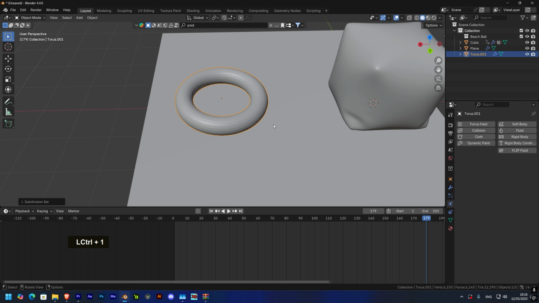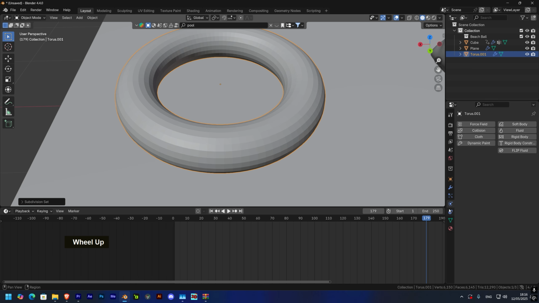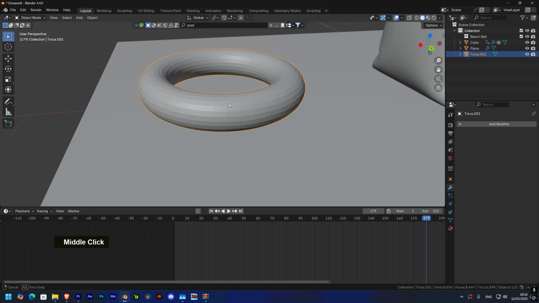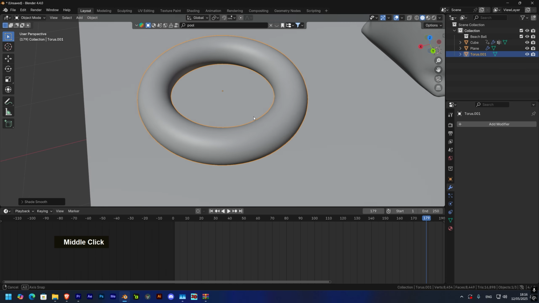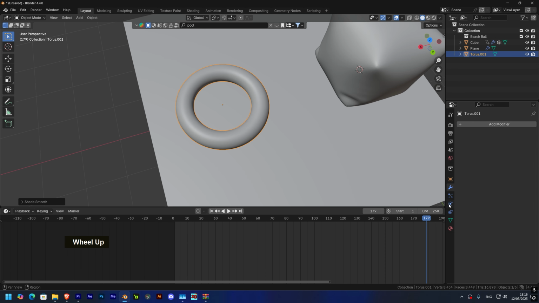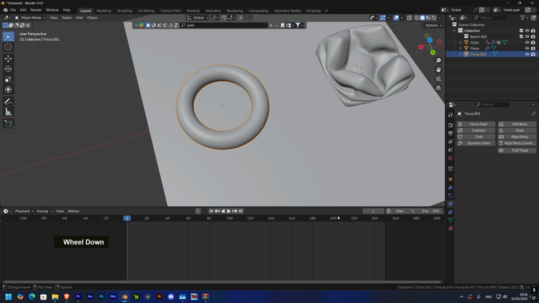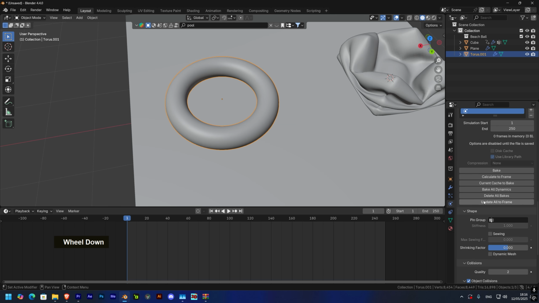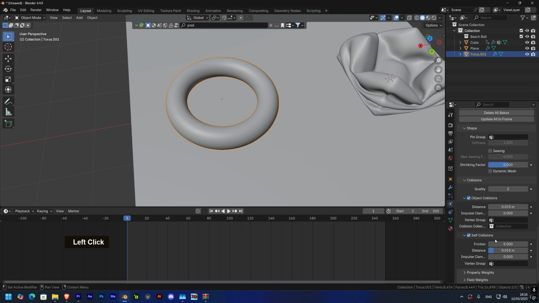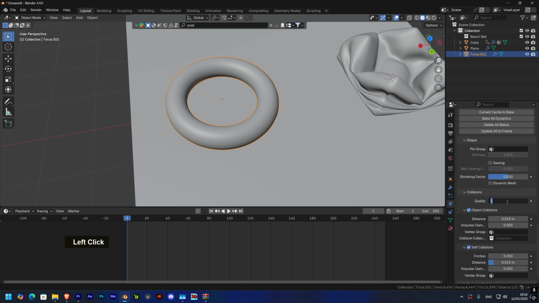So let's add a subdivision surface and apply it, just to make the cloth look a bit more smooth. And let's shade it smooth also. And let's go to the first frame of the timeline, add cloth, go down, self collisions, make it 5,